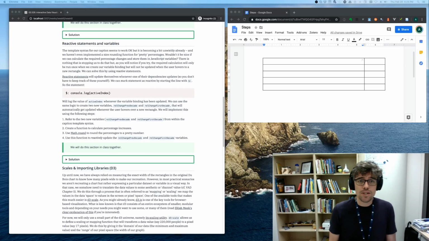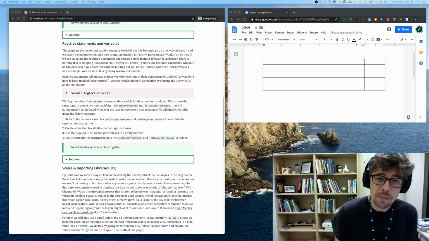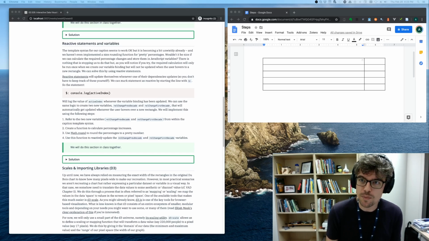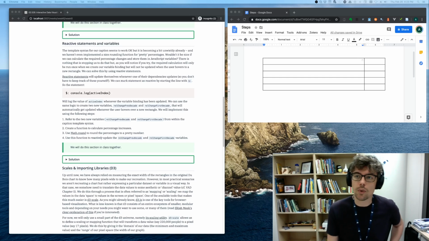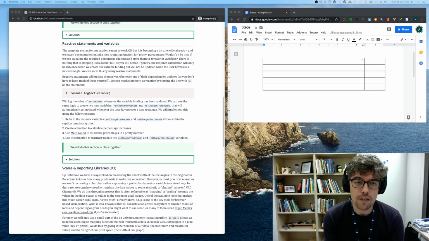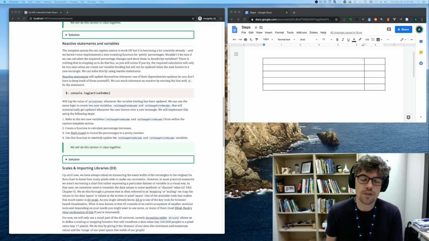So in the previous section, we saw that our template syntax, even though it works quite nicely, can still get quite unwieldy if we're not careful. And we've seen that specifically when we were calculating these percentage increase variables, if you will. So what we want to do now is make that last bit of logic a little bit easier to deal with as well. And what we're going to do is store those values in